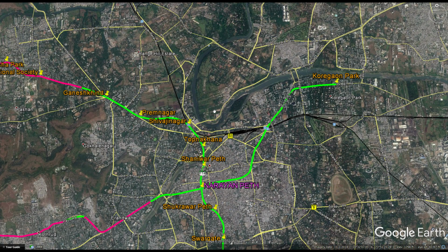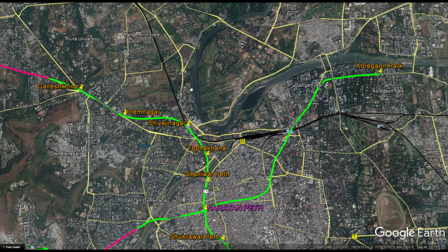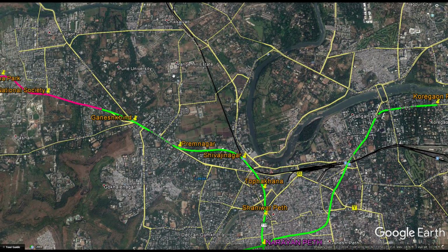Shivaji Nagar is much closer to Benar, which is seeing ridiculous housing development. So they need to upgrade Shivaji Nagar to at least 6 tracks and make it world class standard. Speaking of world class standard, the reason I didn't make the line just follow roughly to the Pimpri Chinchwad area is